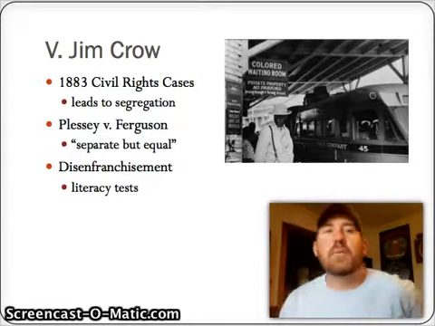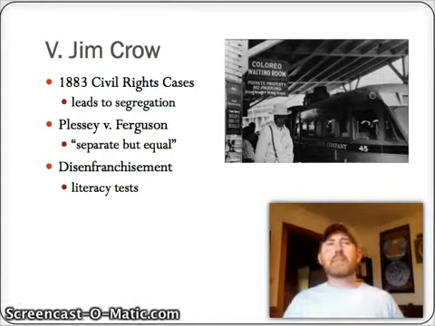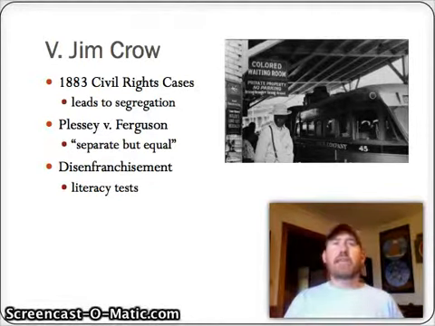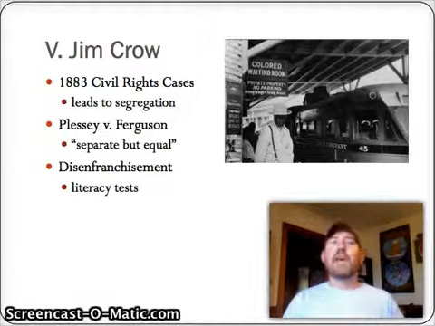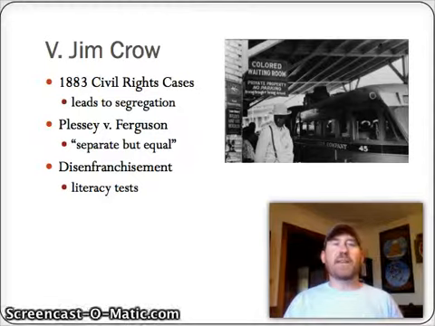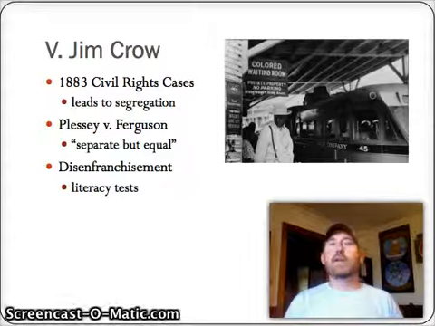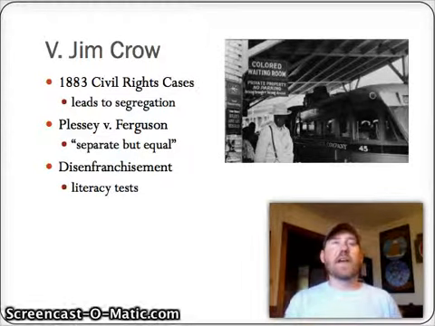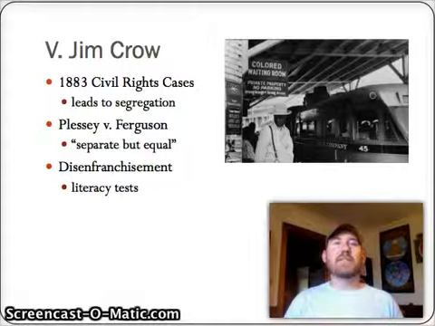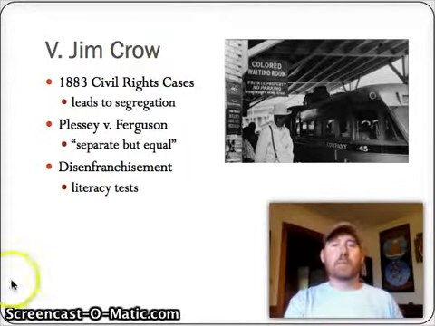in the form of, if you went to vote, you would have to deal with things like poll taxes, where you'd have to actually pay a tax to be able to vote, in which a lot of African Americans in the South at this time did not have the money to do that, and also literacy tests, in which you had to take an actual written test to prove that you were literate and be able to vote. And obviously, from the lack of educational opportunities and things like that, a lot of African Americans in the South were not able to do this. So, be able to tie those into events that we talk about going forward.